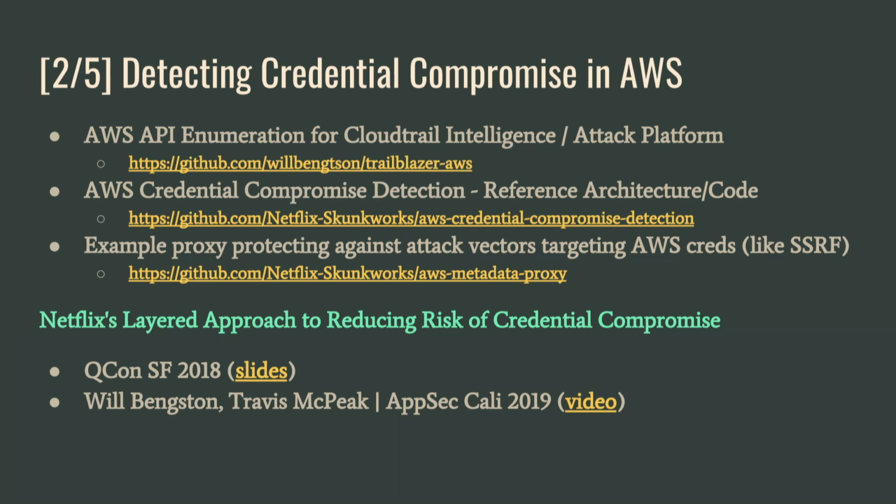Will actually released a number of proof of concept codes for this implementation, in the first two links. And the third link is an example metadata proxy, which can block a service from hitting the AWS metadata service at all, to prevent the credentials from being leaked in the first place. So what we just talked about is how we detect it, and this is ideally preventing it from ever happening. And he said that this was able to significantly restrict the impact of bug bounty submissions in practice.